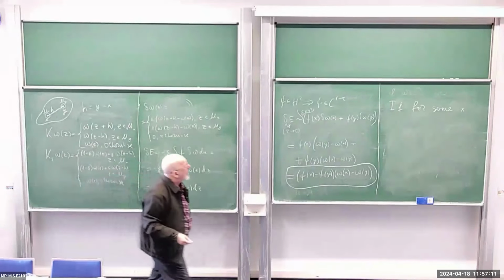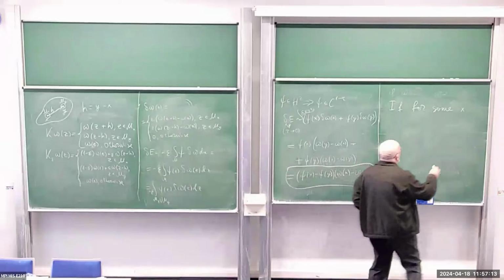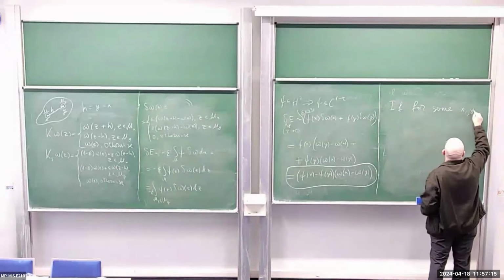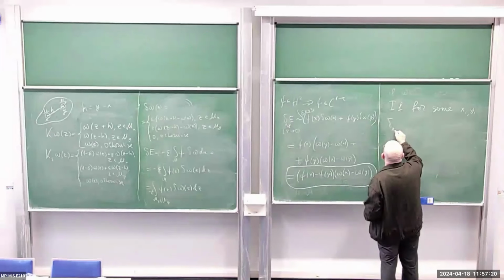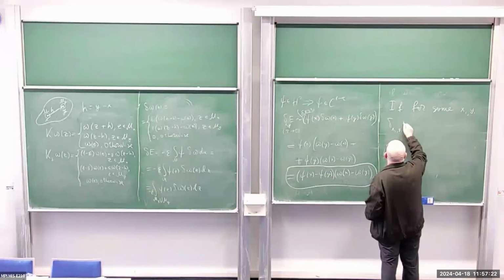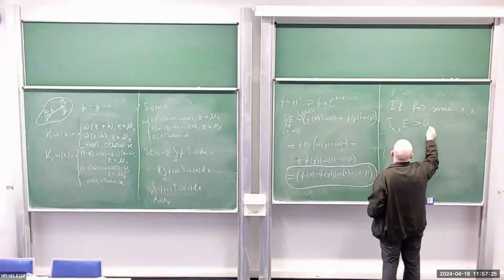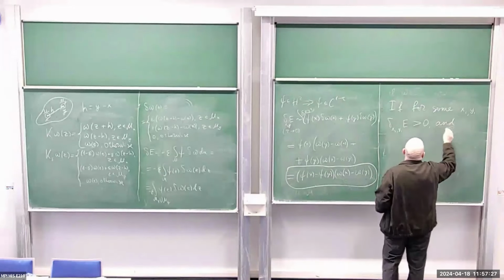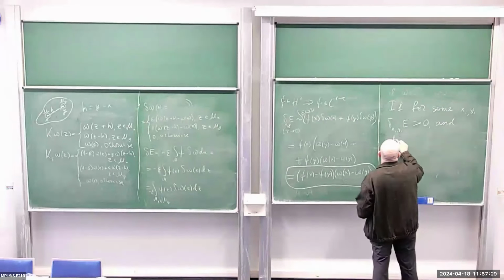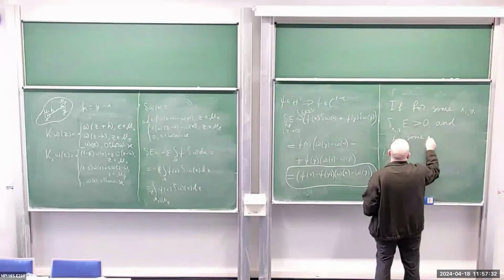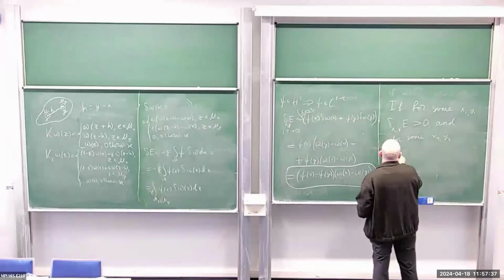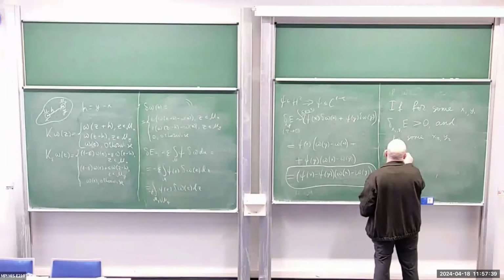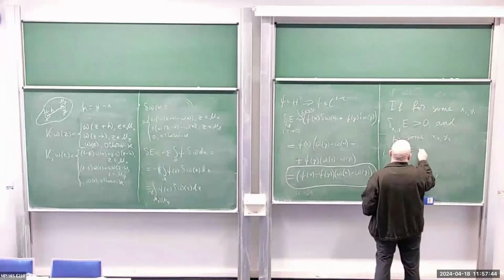Now, if for some x1, y1, delta x1 y1 E is more than 0, and for some x2, y2, delta x2 y2 E is less than 0,